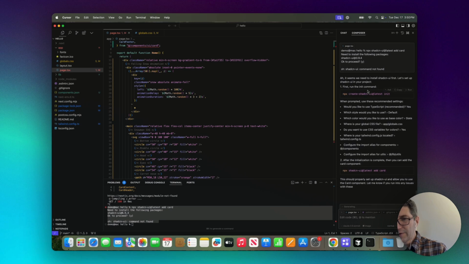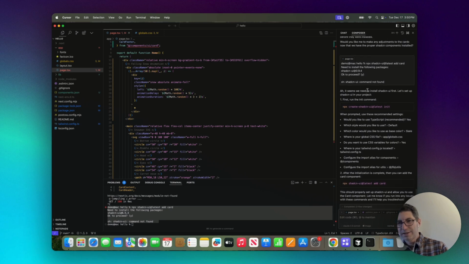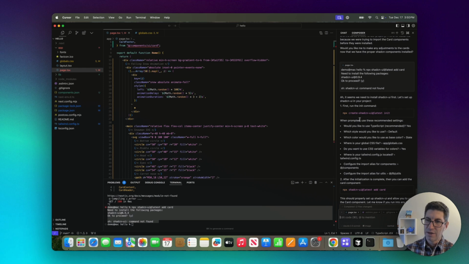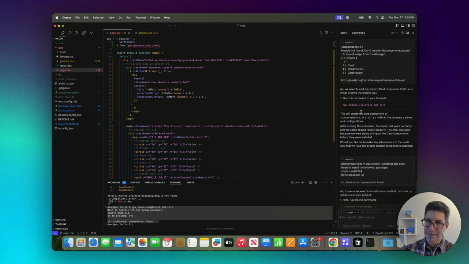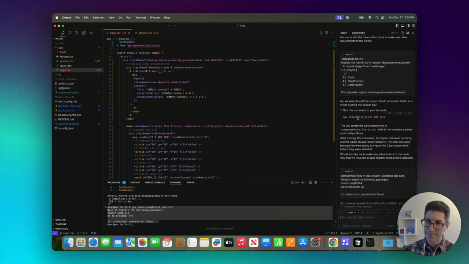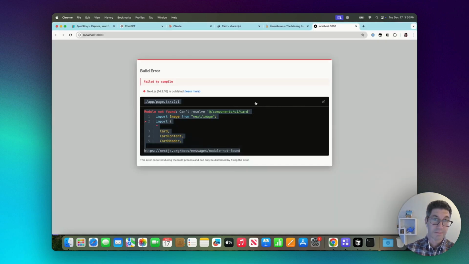See, so now it's sending us in a loop. And this is where just having past experience is helpful. So unfortunately, AI and chat can't get us everywhere. What's actually happening, and again, I know this from experience, is that this command is out of date. And if we go back to our ShadCN install documentation,